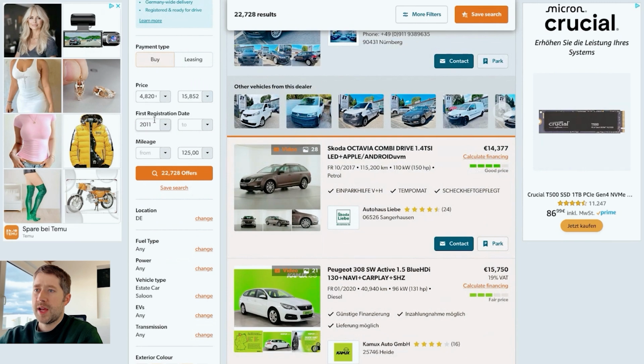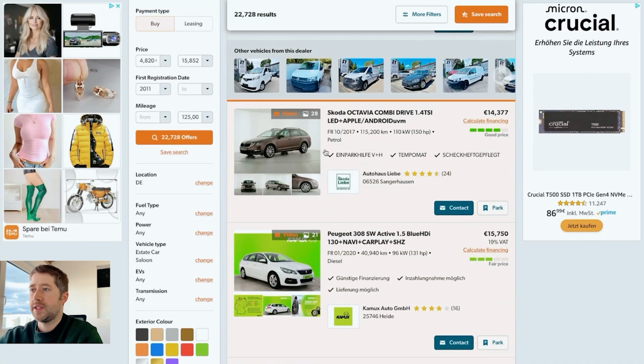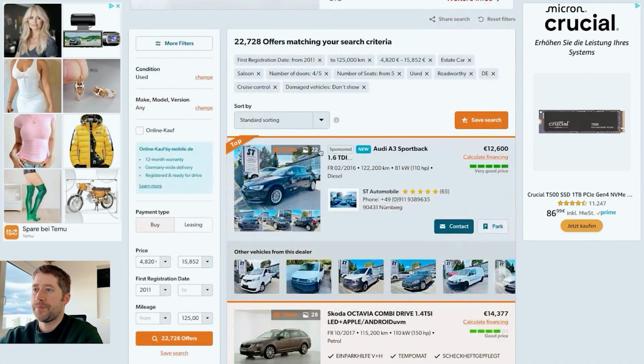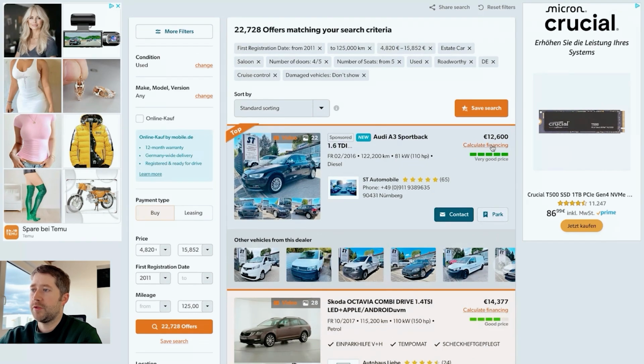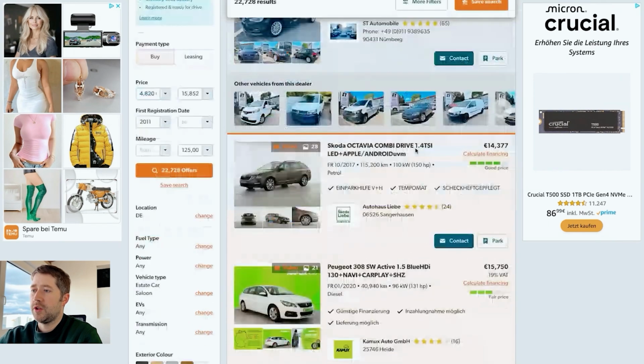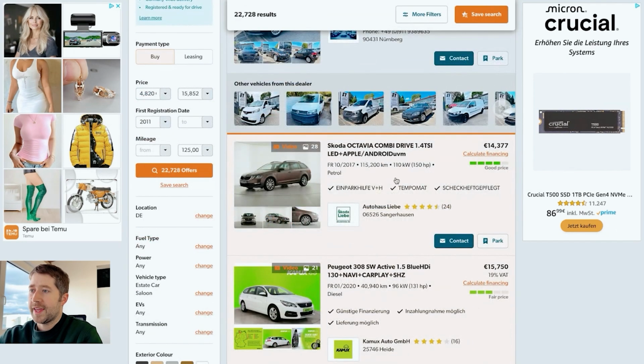Now again, the price and the registration, so the year and the mileage, is on the left here, and then obviously any other details. As I scroll down, well, before we do that, at the top you can sort by lowest price first, mileage, first registration, listings. I'm just gonna leave it at standard sorting. So let's say I'm willing to spend up to 15,000 euros. You can see what I can get for